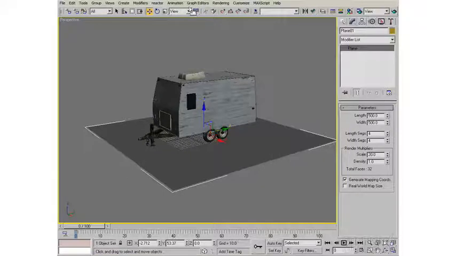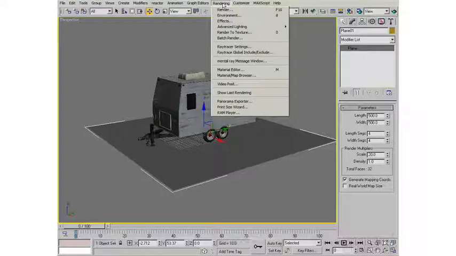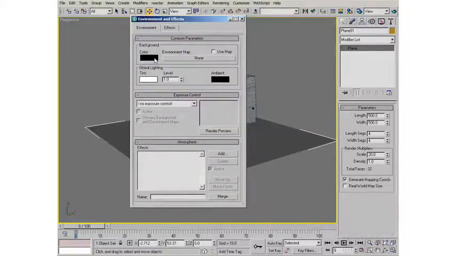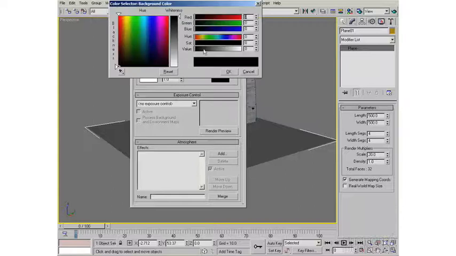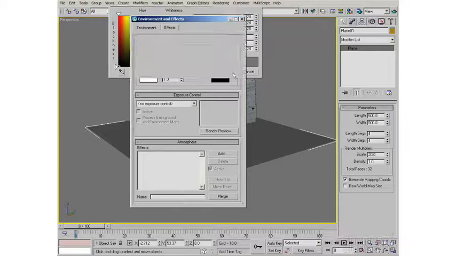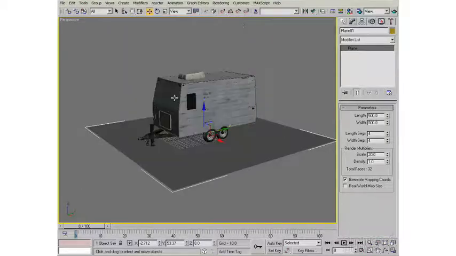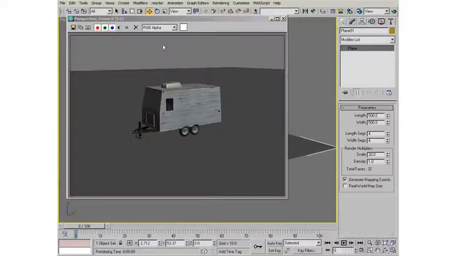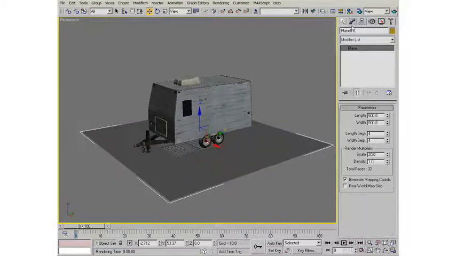Now next step is you go to the rendering menu. And in the rendering menu there's this thing called environment. You go into environment and you'll see background color. It's black by default. You actually want to look at these things over mid-gray as well. So you can change the value up here to 128. Hit OK. And then if you render this, well, okay, the environment color is not really agreeing with this ground color. This ground color is getting shaded by this default light source, so this isn't quite true mid-gray yet,